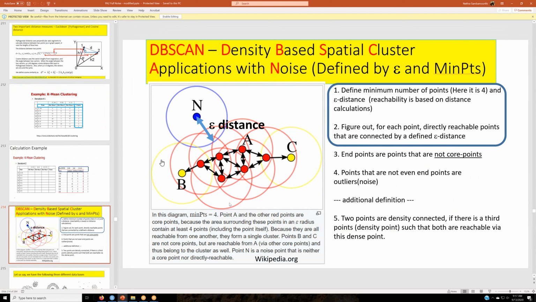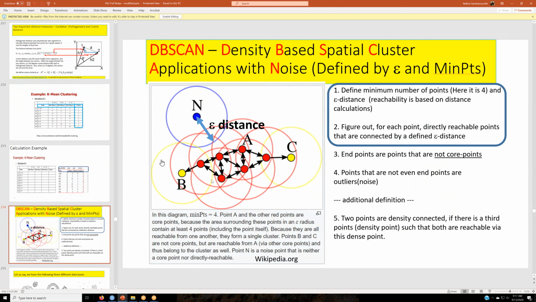Is that clear? The keyword density is what matters. Density means how close they are. Again, it's a kind of distance issue, but we are focused on the word dense. That means they're all together. Okay, density-based spatial clustering. It's also called spatial clustering because it looks like it's more applicable in various applications of spatial